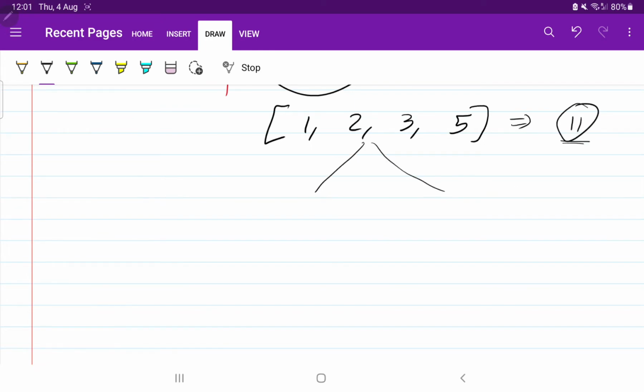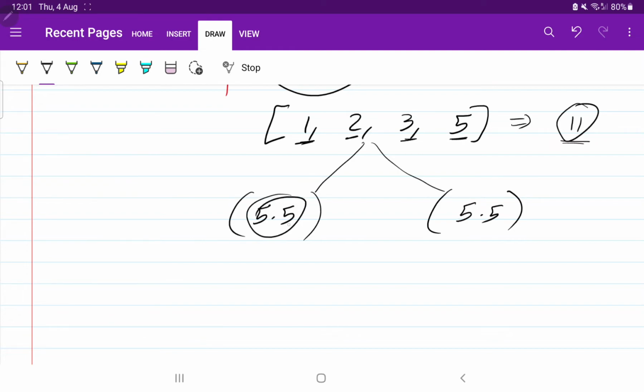So we won't get two subsets whose sums are equal, because here every value is an integer. If we divide 11 into two equal parts, that is 5.5 and 5.5, meaning the sum of the first subset should be 5.5 and the sum of the second subset should be 5.5. But as we have integers here, if the sum of the array is odd, we are not going to get any equal subset.